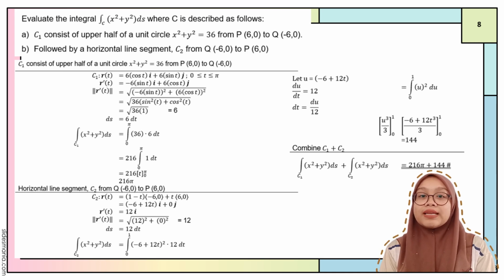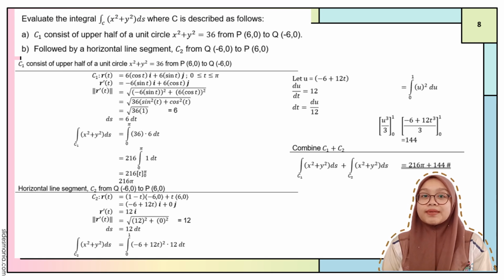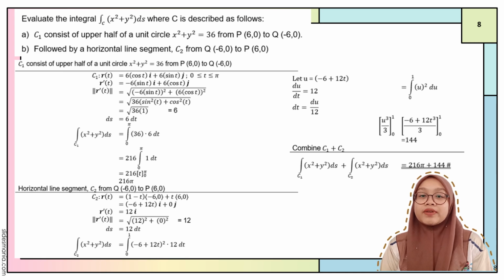We analyze the energy expenditure using the integral over C of x squared plus y squared ds, with x squared plus y squared equal to 36. To calculate this, we start with C1. The parameterization is r(t) equal to 6 cos t i plus 6 sin t j for t from 0 to pi. After differentiating, we get -6 sin t i plus 6 cos t j, and the magnitude we get is 6. Thus, the integral over C1 from 0 to pi of 36 multiplied by 6 dt